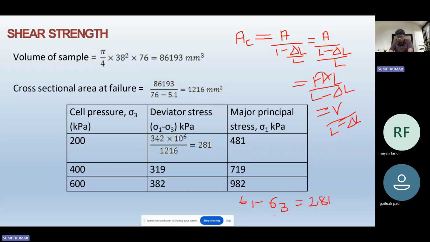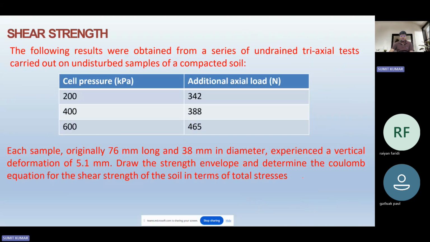So sigma 1 equal to 281 plus 200 equal to 481, and so on, right? In the same fashion, you can calculate 319 plus 400 = 719, 382 plus 600 = 982. Now the question asks to draw the shear strength envelope and determine the Coulomb equation